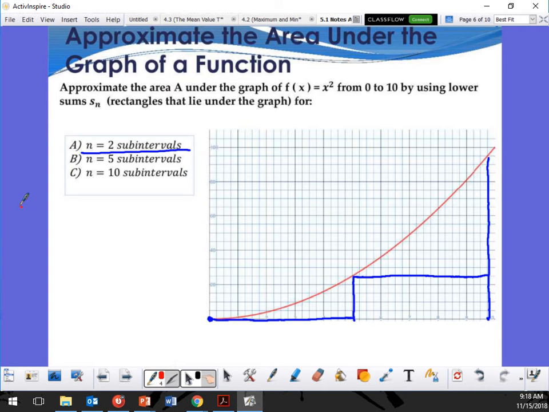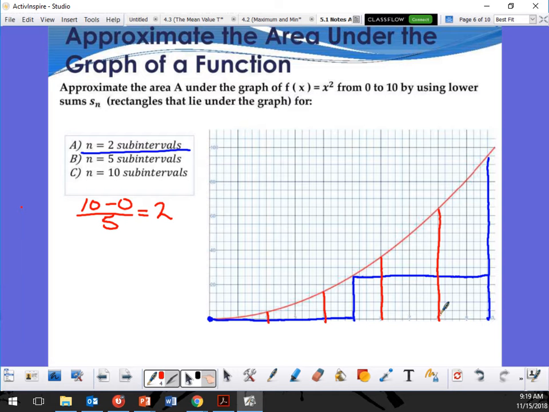5 intervals. To figure that out, it's again 10 minus 0 over 5, which gives me a width of 2. So each one is going to have a width of 2. So 1, 2, 1, 2, 1, 2, 1, 2. There we go. And again, if this is a lower sum, I'm always going to be looking at the one